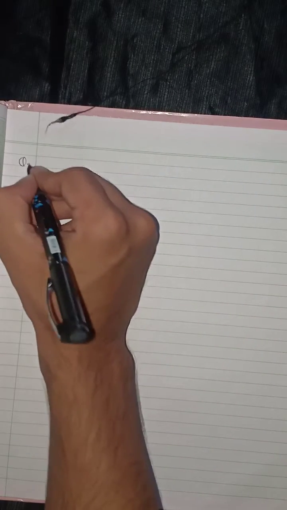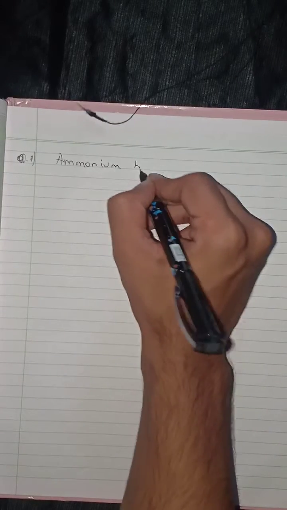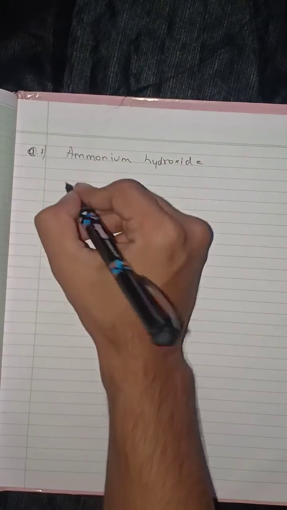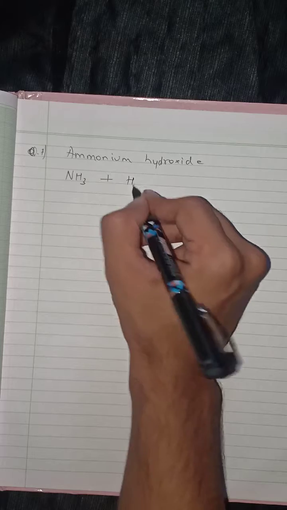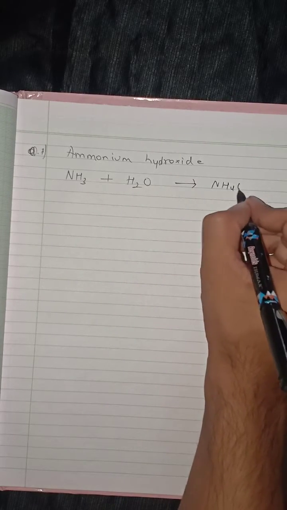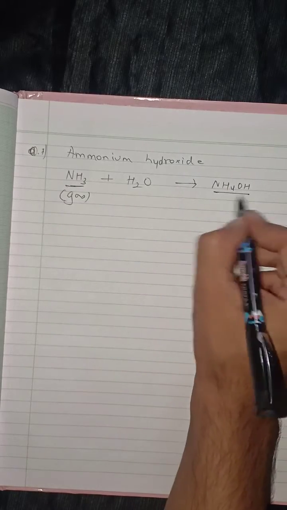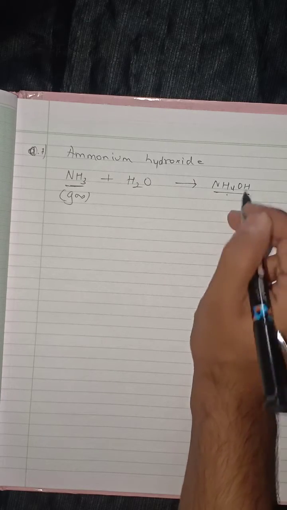Okay, now the seventh and last method, ammonium hydroxide. You know how ammonium hydroxide is prepared, because we have already completed the ammonia chapter. Ammonia gas is highly soluble in water, so if you pour this water into it, ammonium hydroxide will be formed. The gas dissolves and gets into the form of an aqueous solution.